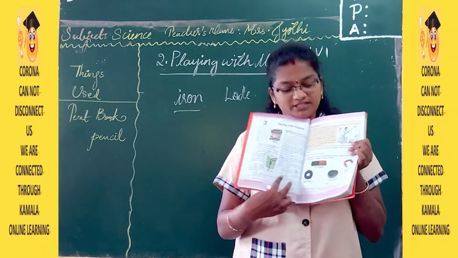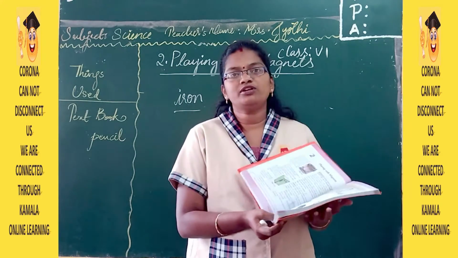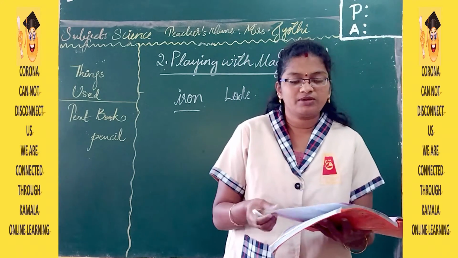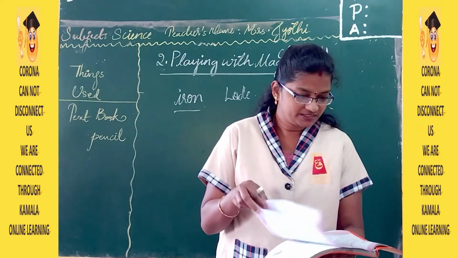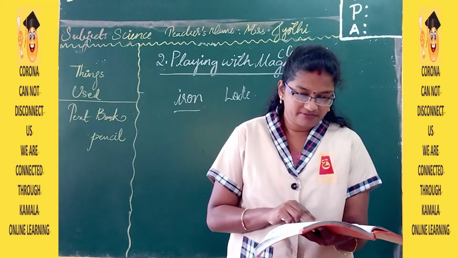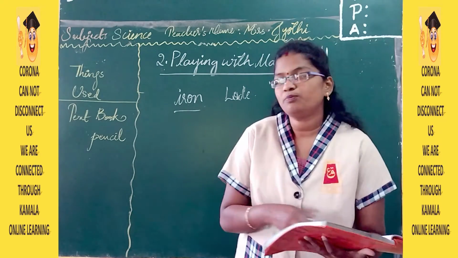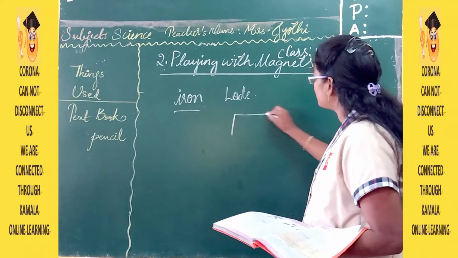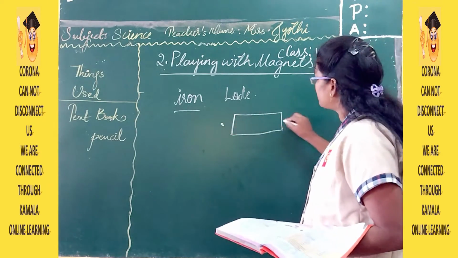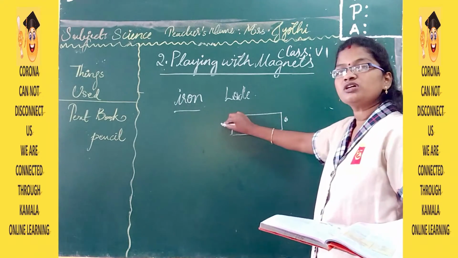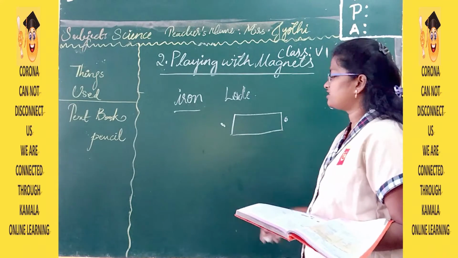Here are the different shapes of man-made magnets. Not only these, you have a few more different shapes also. A magnet can be in any type of shape. Then we have learned that a bar magnet has poles. The ends are nothing but the poles, and these poles can attract more than the remaining sides.